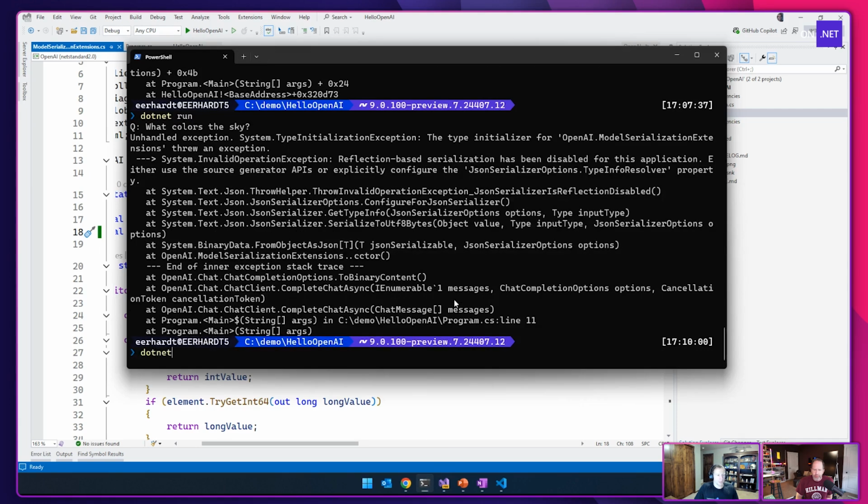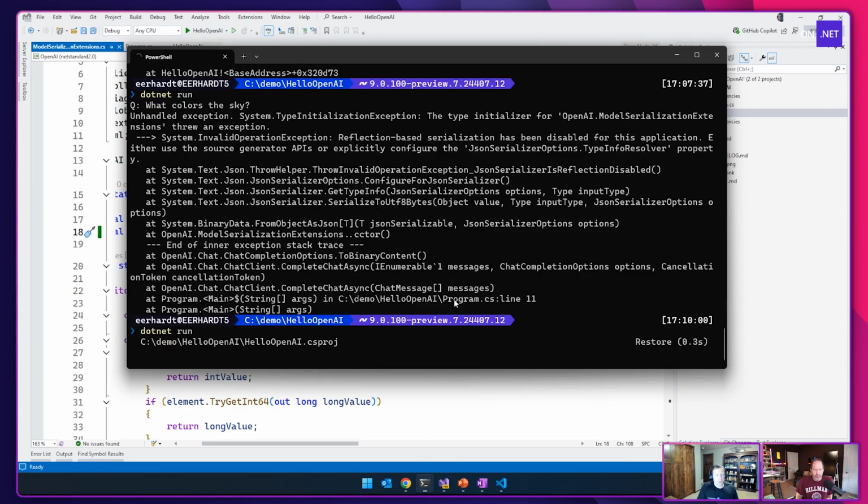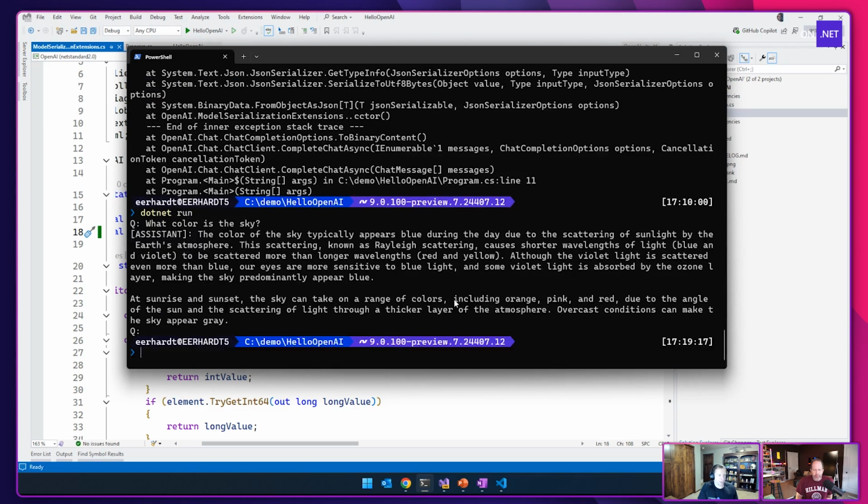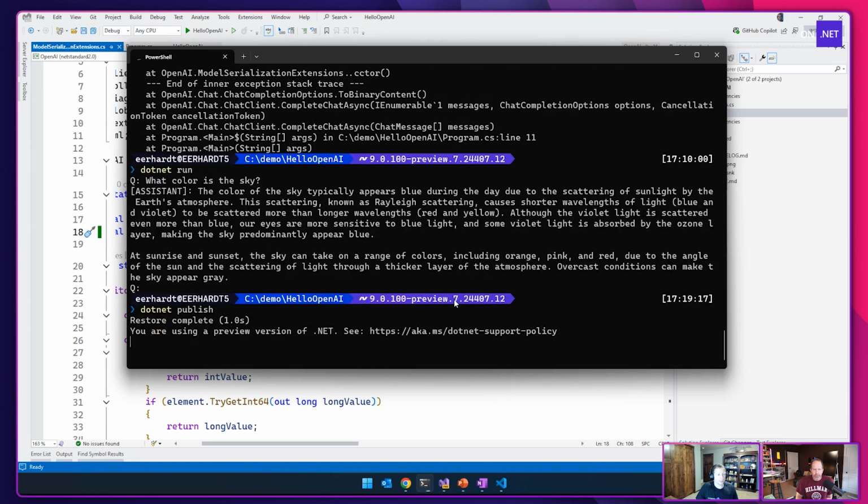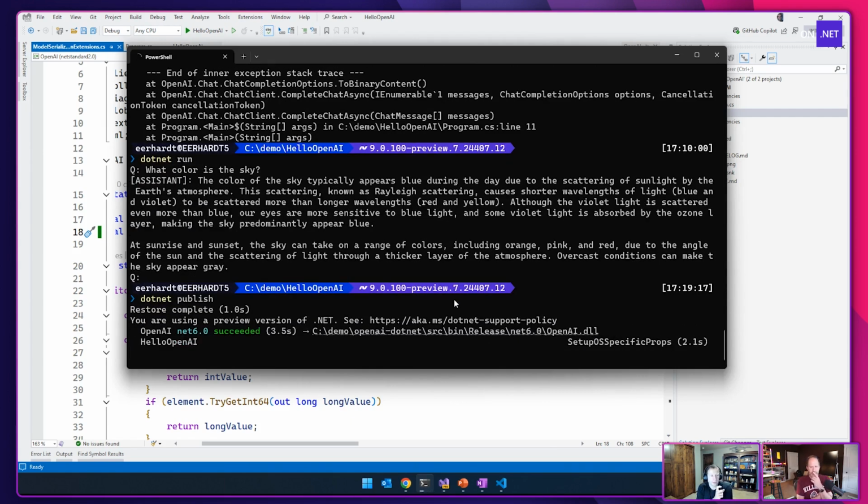Yeah. So if we do that, we don't actually need to .NET publish this anymore, right? We can just .NET run. We've proven that, with having published AOT in the CS project, it'll run with that reflection-based serialization off, right? So now I can ask it, what color is the sky? And it'll actually kick off the OpenAI, give me that same thing. But we can publish it real quick if you want, just to prove that. Because now you'll also see that we won't have any more warnings, right? Like that was the warning that it gave me.